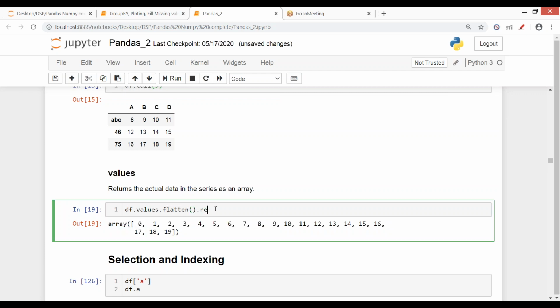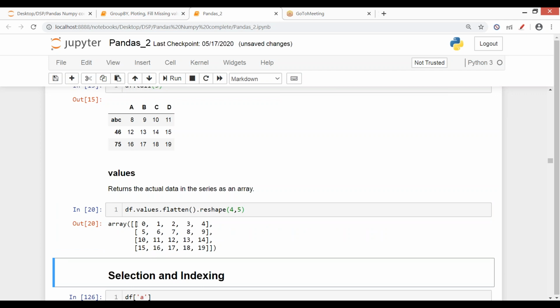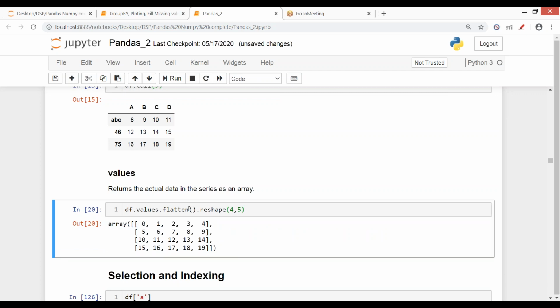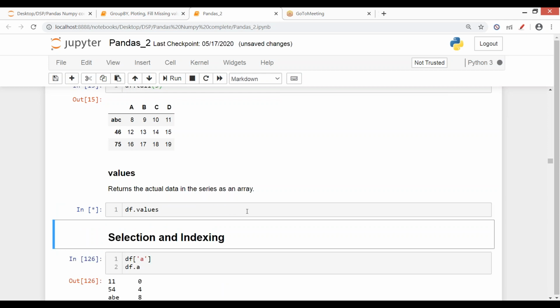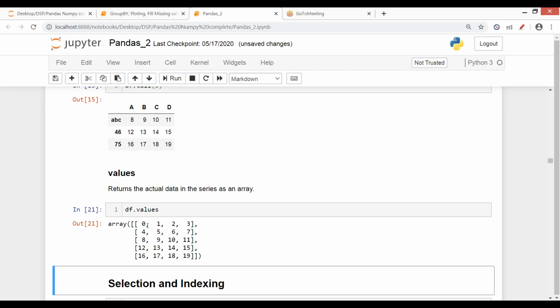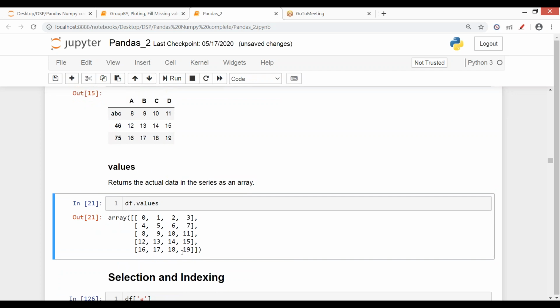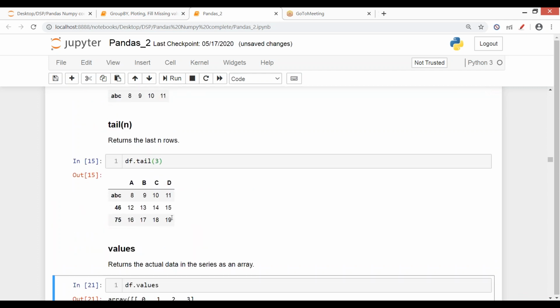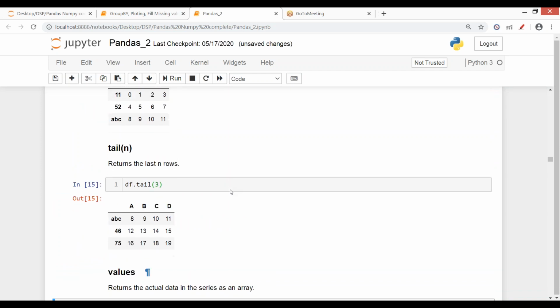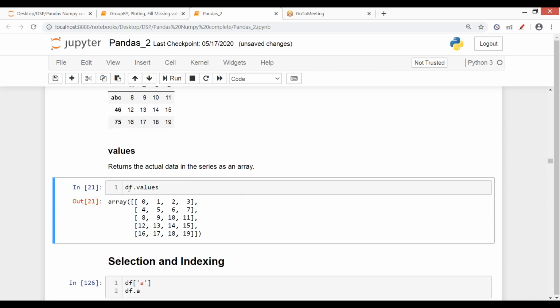Yes Gagan, reshape. So reshape 4 rows and 5 columns. You see, I've gotten 4 rows and 5 columns. So just 3 operations. Now df.values will give you the basic values of your data frame without any row name and without any column name. Now we can do the indexing part as well. Just like we do in a list, the same thing can be done here. But in pandas, it is done a different way. So I'll tell it. Everybody has written, I think we have already done it in the last class. Shall I move on? Somebody wants to write these.